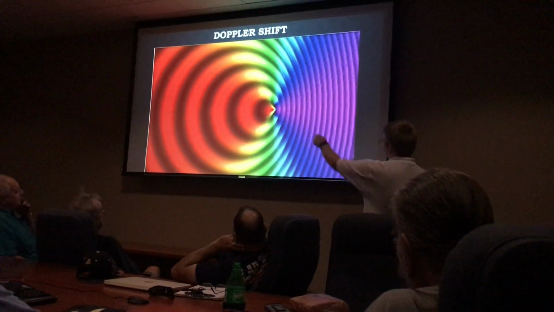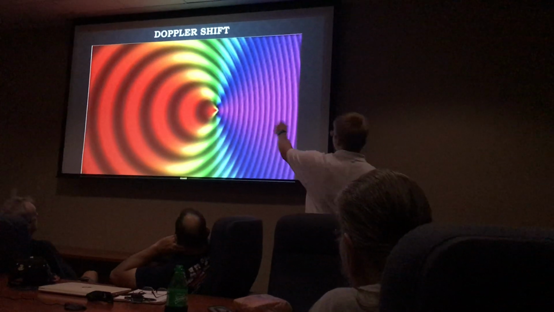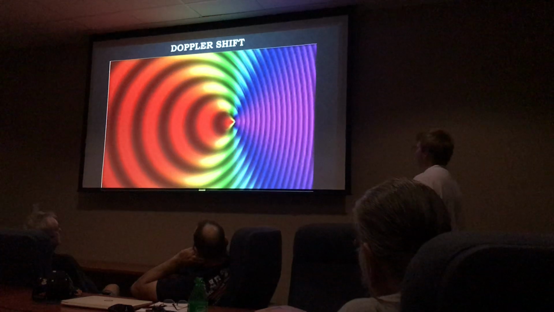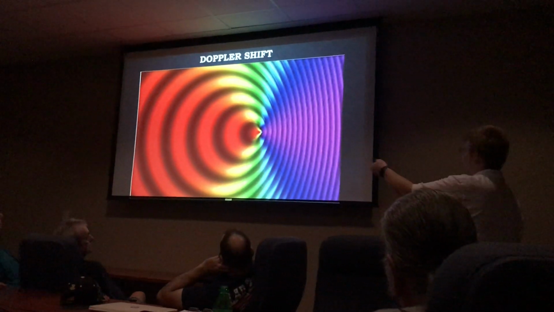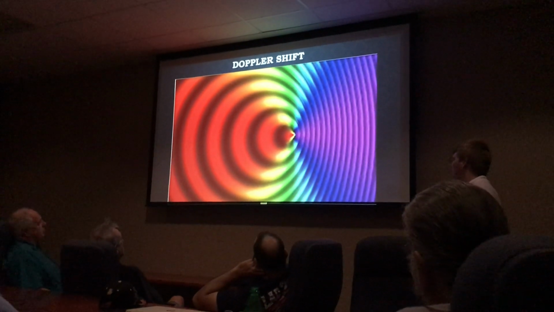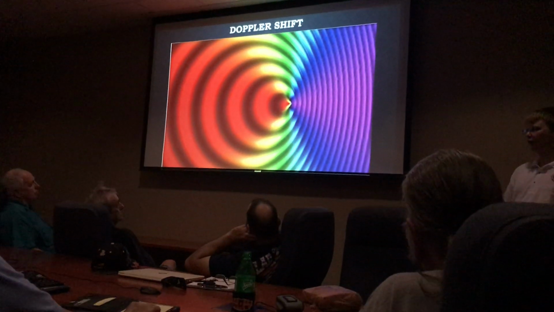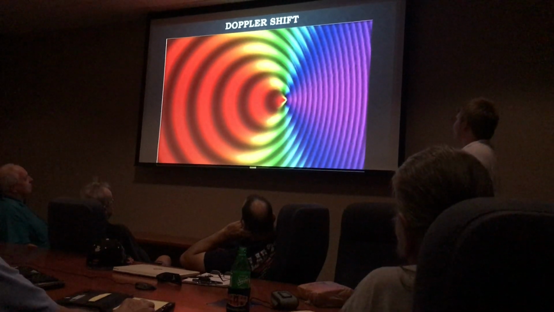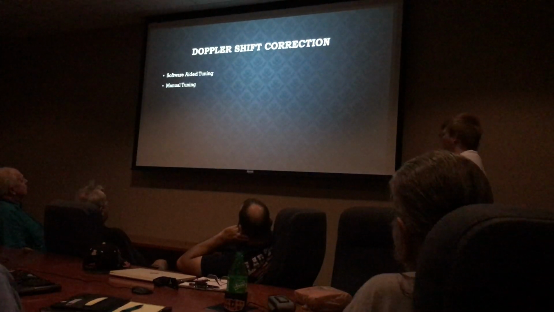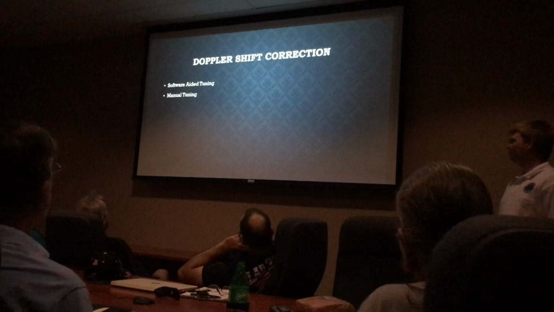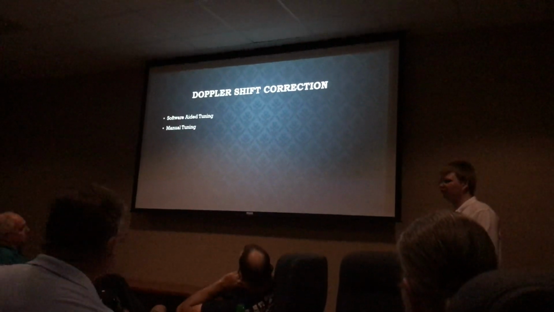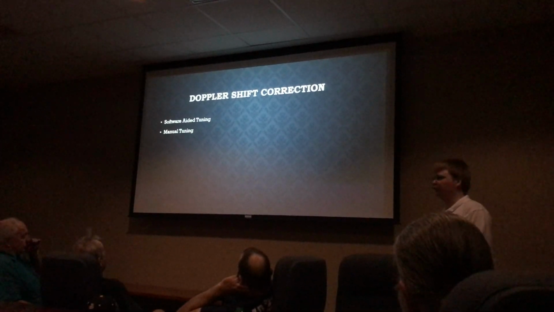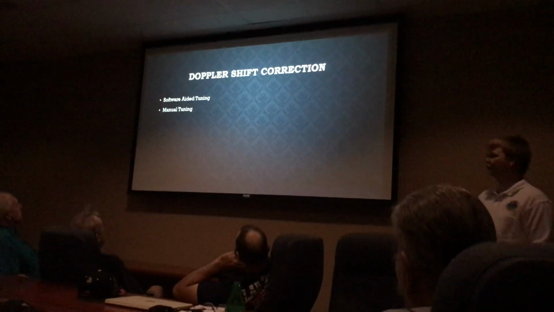So this transmitter here in the graphic is moving from left to right. If you're in front of the transmitter, your waves are going to be compressed a bit. You're going to receive it at a higher frequency, and vice versa. If the transmitter is moving away from you, your received frequency is going to be lower than the transmitted frequency that's actually coming out of the transmitter. And how that ties into satellites is that pretty much all the amateur radio satellites are low Earth orbit satellites. So Doppler shift correction is pretty key as far as being able to match the receiver and get in there